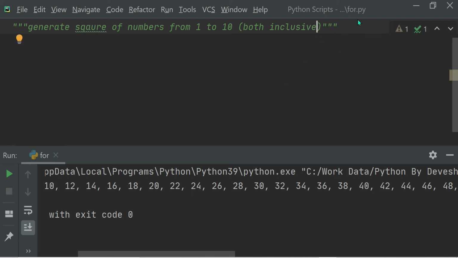Okay, so there's a typo, gentlemen. It should be square. Okay, so what I can do is, going back conventionally, I can write it like this: 1, 2, 3, 4, 5, 6, 7, 8, 9, and then 10, and then I can iterate over it